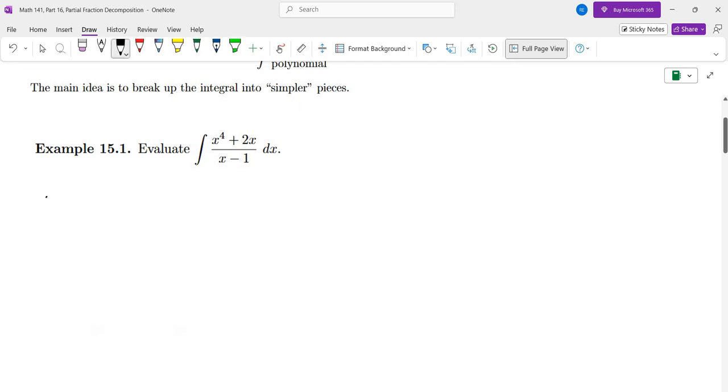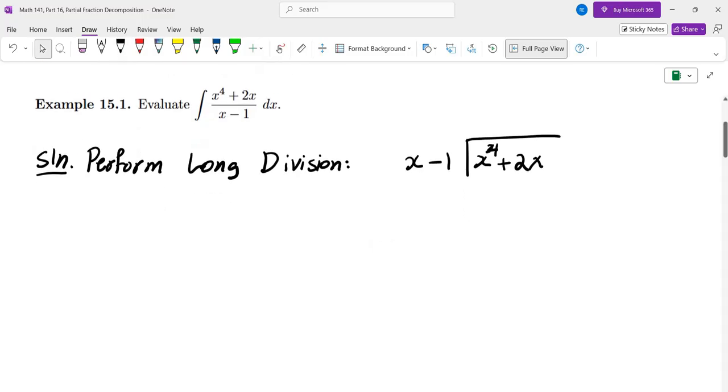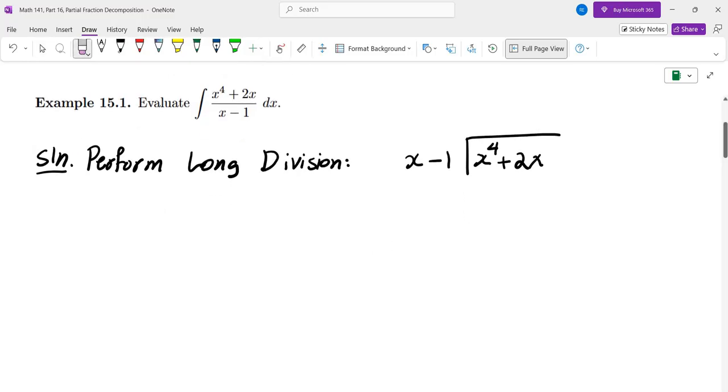So whenever the degree of the numerator is larger than or equal to the degree of the denominator, we perform long division. So let's perform long division, and then from there we would be able to evaluate the integral. So we're going to take x^4 + 2x, and we are going to divide that by x - 1. So we divide the leading terms, x^4 over x, that gives you